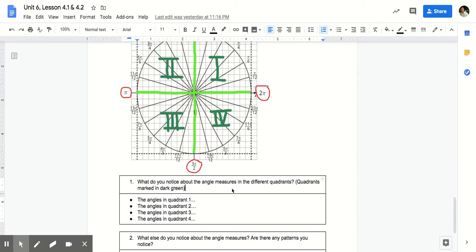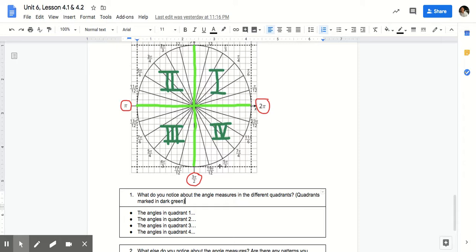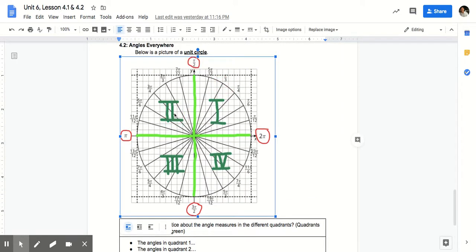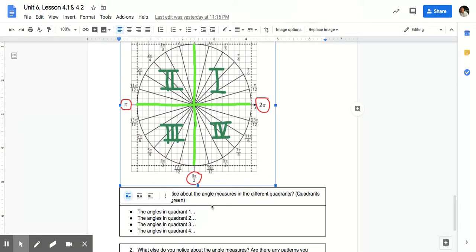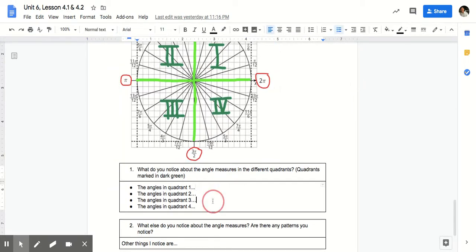What do you notice about the angle measures in the different quadrants? So what do you notice about the angle measures in quadrant 1, quadrant 2, quadrant 3, quadrant 4? Are there any of these angle measures with specific patterns? Do you notice any specific patterns happening throughout? Are there any that are the same? What do you see happening there? And I want you to write 1 or 2 things that you notice about each of the angle measures